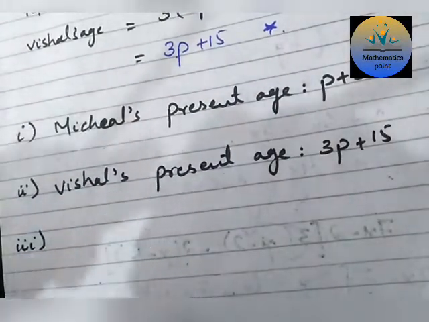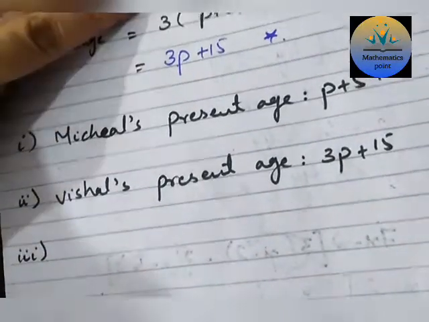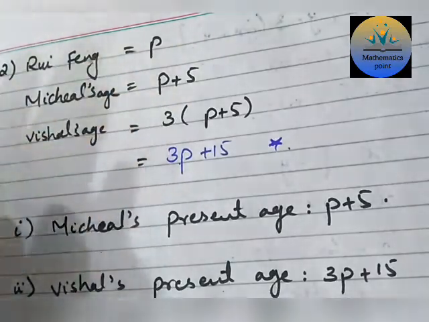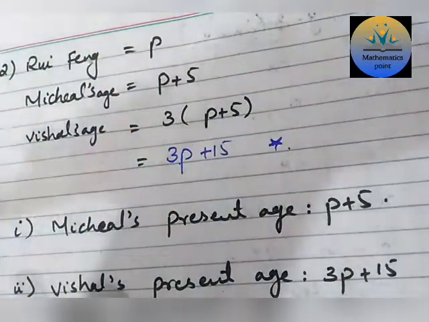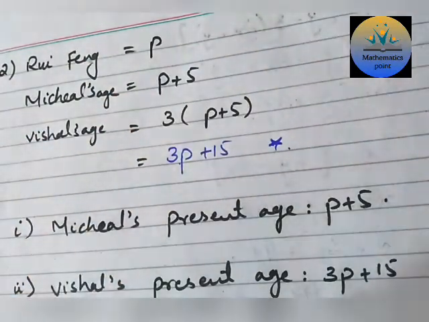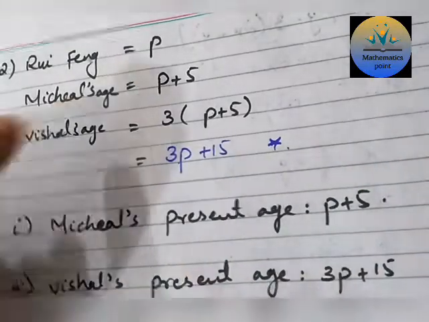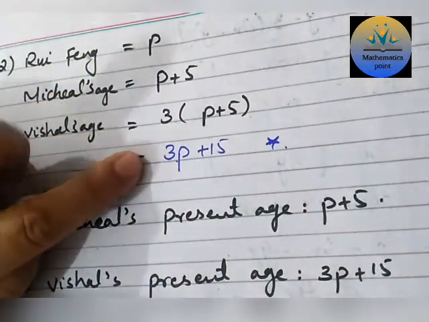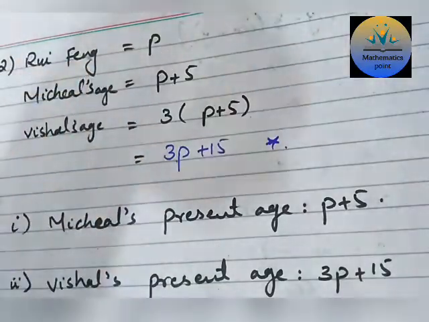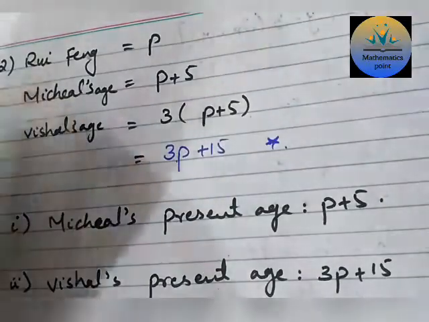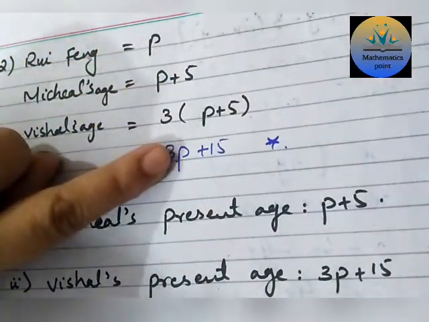Now you have 3 options, these are their present ages, and you just add 6 to all the ages, because after 6 years definitely 6 will be added. Same as after 2 years, if someone asks what will be your age, I just add 2 years to my present age. Same here, when we talk about 6 years' time, we just add 6 to all their ages.